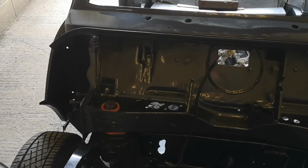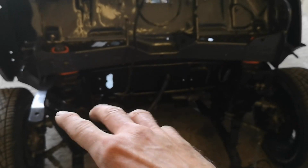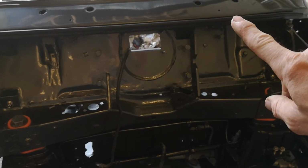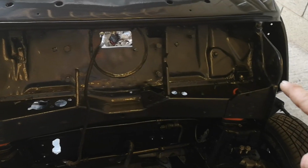So currently I'm spending a lot of time working out what goes first. I'd like to fit the engine, but the brake lines can't go in until the brake line's in the clutch. That means the pedal box, which means the brace bar across the top. But if I put the brace bar across the top, will I be able to get the wipers in? So I've done the definite bits first, which are the two plugs here, which allow all the wire